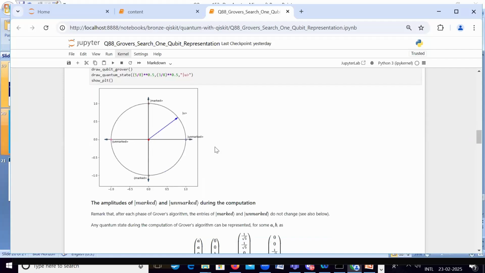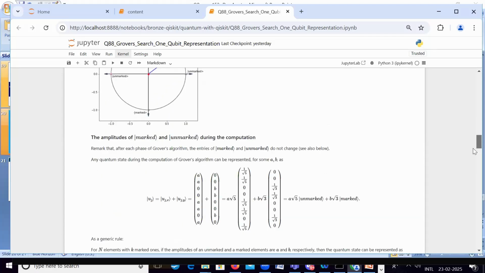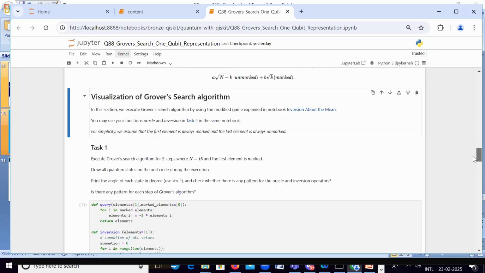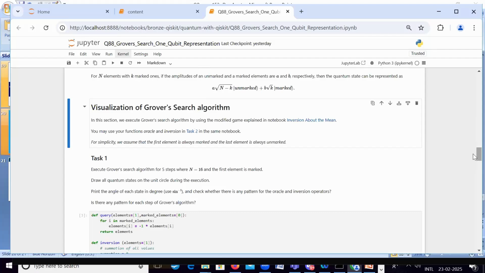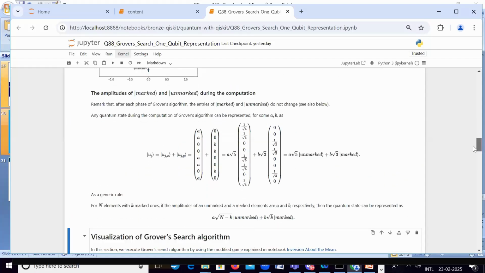Now we can see that it gives a clear representation that they are in an orthogonal state. And here, taking it a bit further, on top of the above statement,